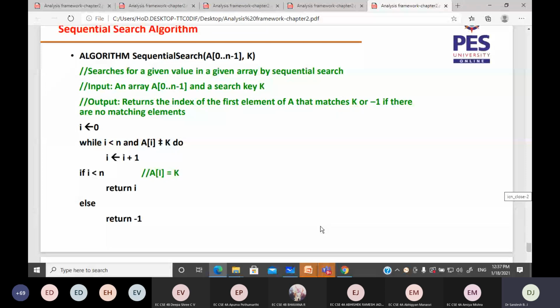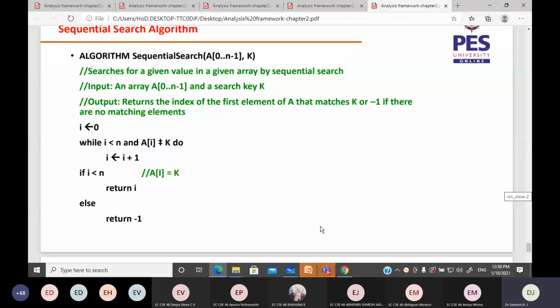How are algorithms written in this fashion? This is the way in which algorithms are written by Levitin. So you should also follow the same notations while writing an algorithm. If you are asked to write an algorithm for certain problems, which we are going to discuss one by one from unit 2, you should follow the same notations which are shown here. So the algorithm name is sequential search. The input to the algorithm is a set of array elements and the key element to search.